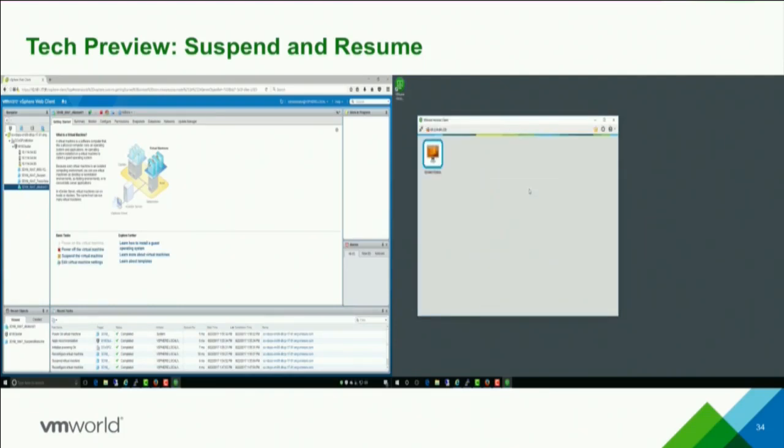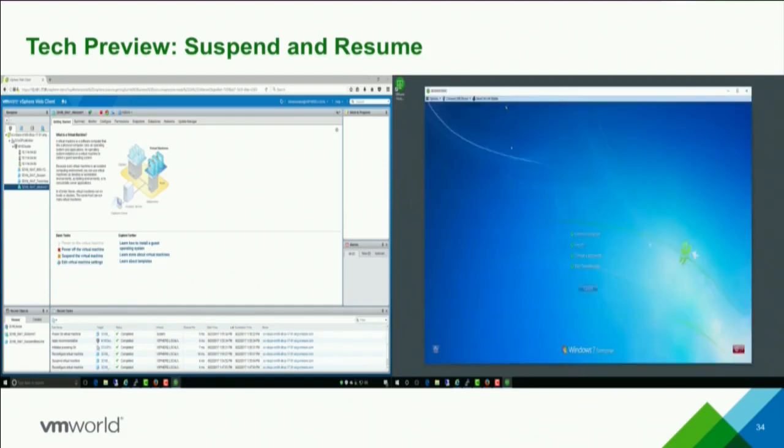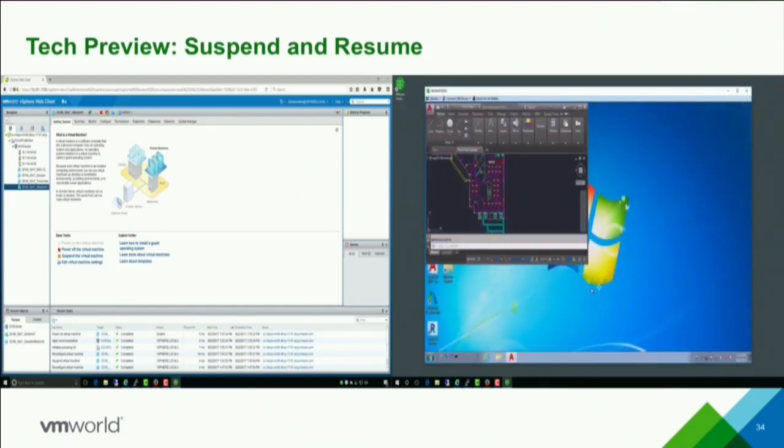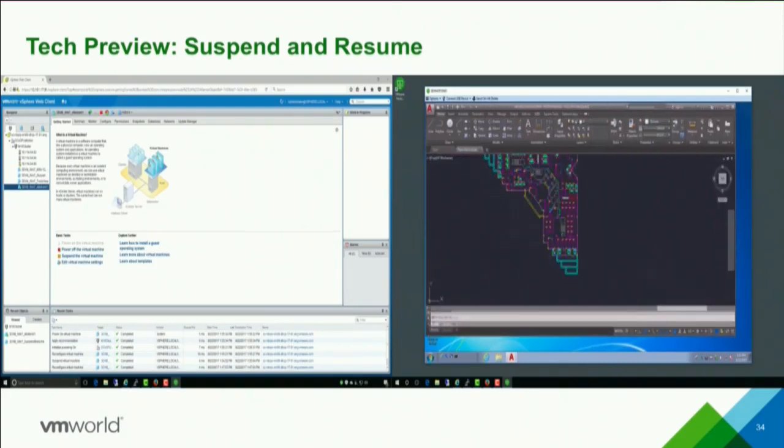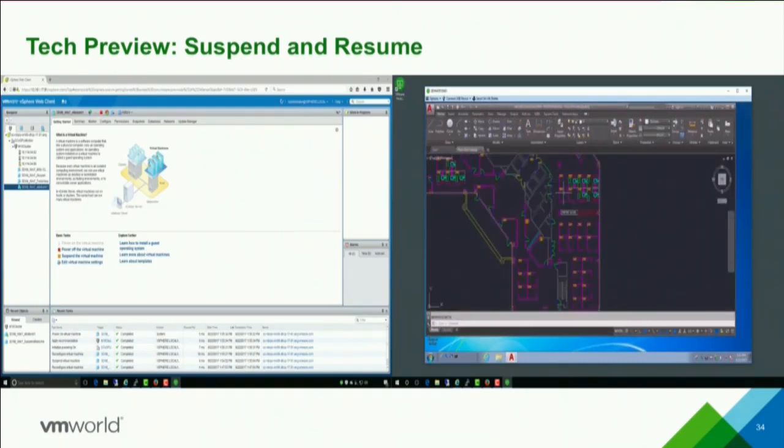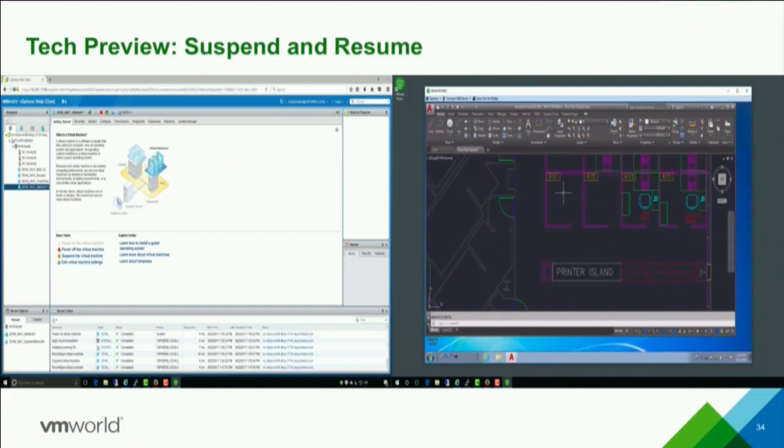When the user comes in the next day, he logs in using Horizon Client back into his desktop, and boom, his state is saved right there. The end user did not even know that his VM was suspended, the hardware resources were used for a different workload, and then it was reloaded back. If you're doing a workload that involves CUDA or OpenCL, you're doing compute, you're talking about something that will run our GPU at 100%.